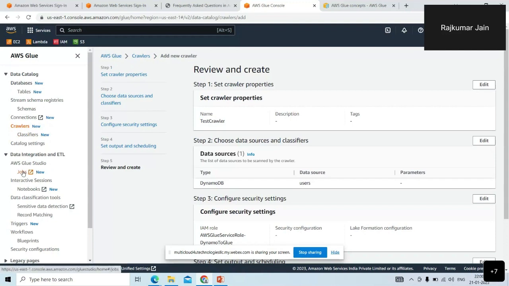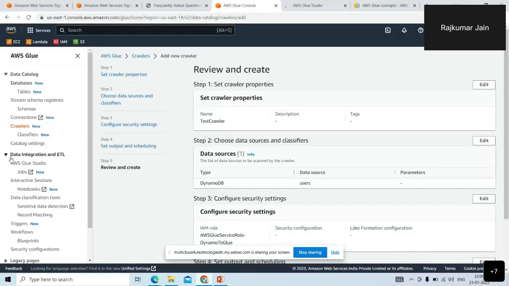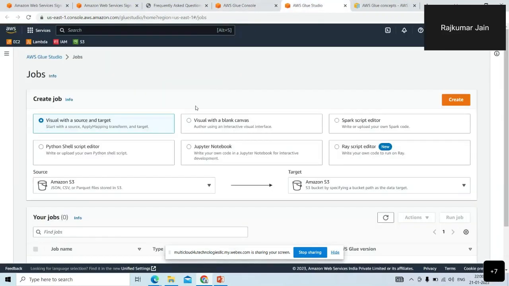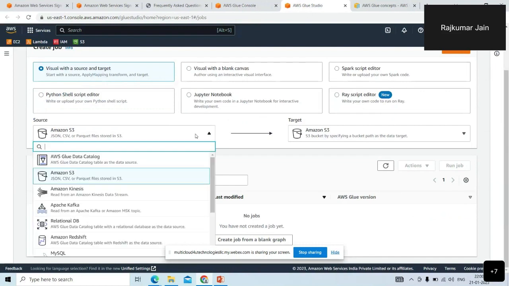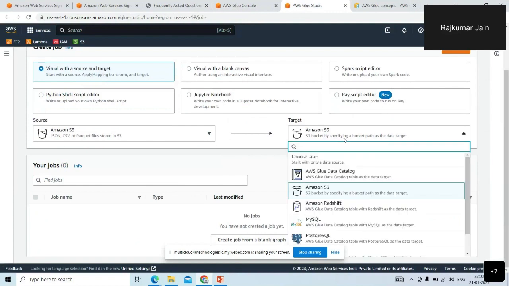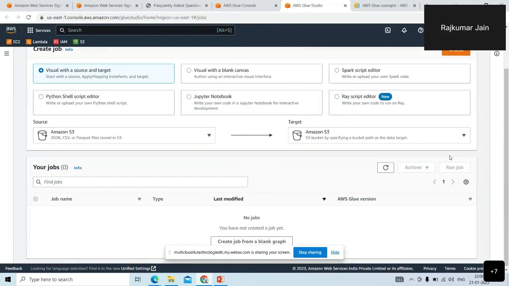As I said, a crawler is not required to be created. We can create a job also. So here I'm going to the ETL, data integration and ETL side. Here I will show you. You can see Amazon S3 I'm using as a source, and Amazon S3 I'm choosing as a target, or we can say the destination. I'm using the visual with the source and target. So when I click on create,